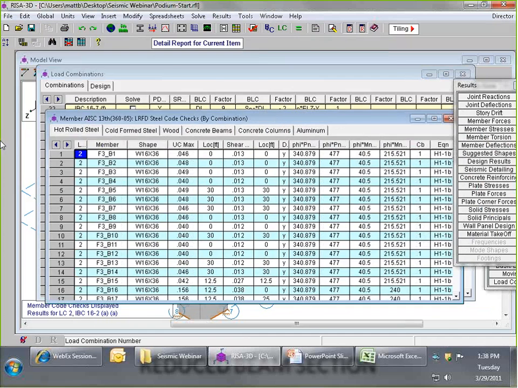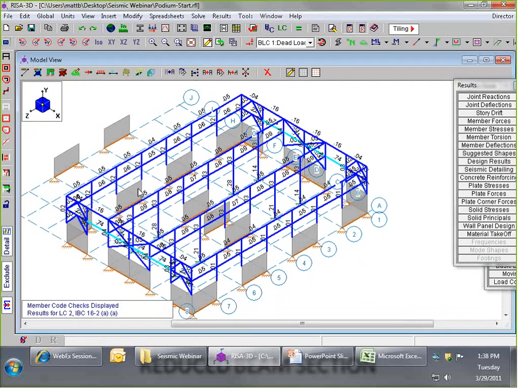So now that we come back out here, we're seeing the batch solution results, so we can actually take a look at member code checks per load combination. And obviously the first load combination displayed, which is just dead plus live load, isn't going to show a whole lot of stress for most of my members listed on here. So the next thing we're going to want to do is take a look at the results. And I'm going to go back to my PowerPoint for a second here